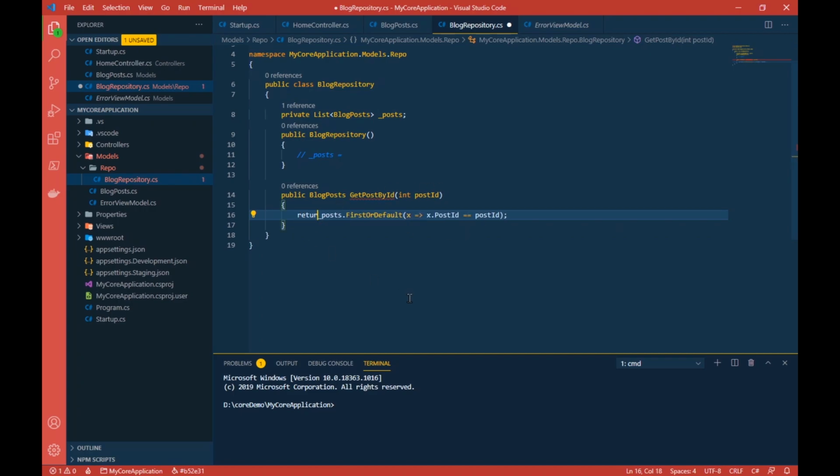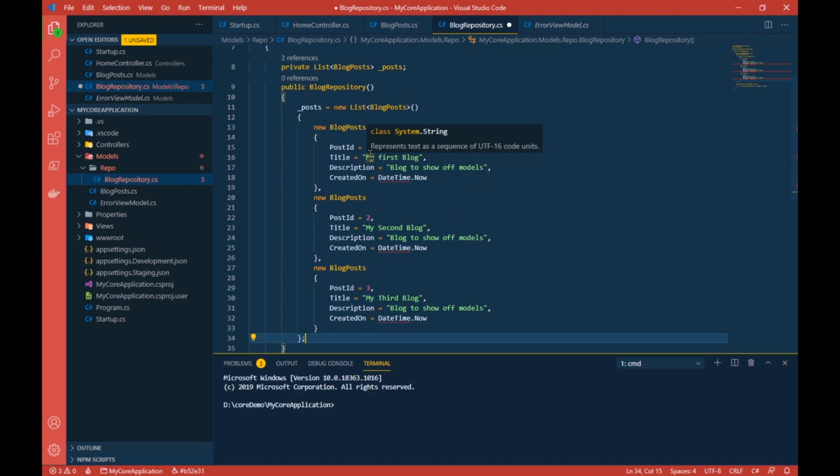This method will loop through the entire posts list, run this condition on each post, and return the post where this is true. The first one it encounters where x.PostId is equal to postId, it will return that single record from the list to us. Now currently posts is empty. Okay, let's go ahead and add some data in posts.